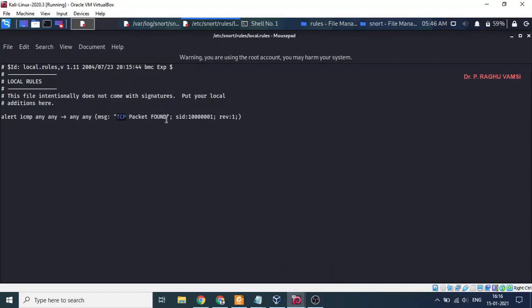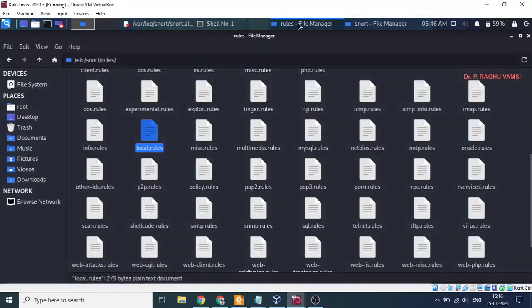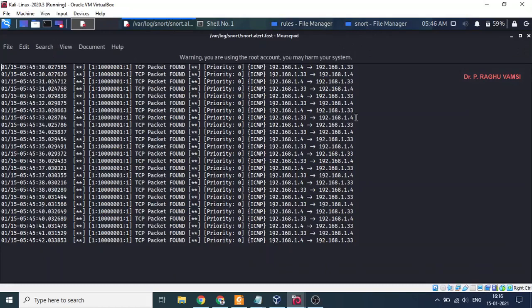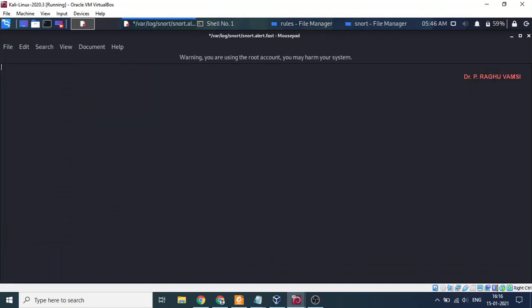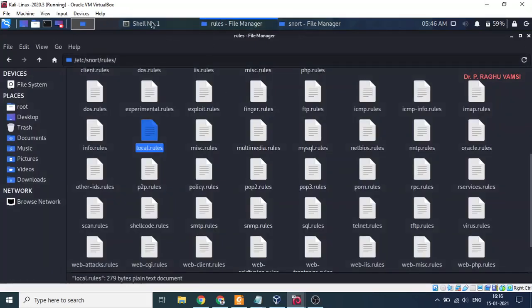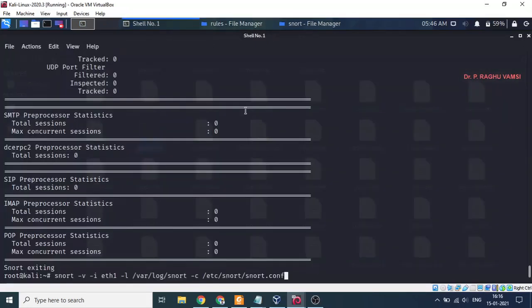So here we have written TCP packet found. That will say ICMP packet found, and we'll run again so that we'll get clarity. That will delete this log. Now run the same command.